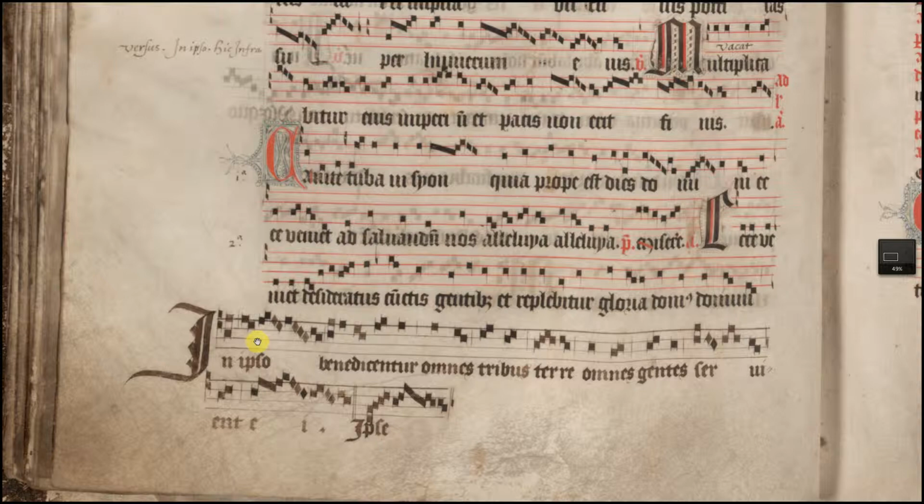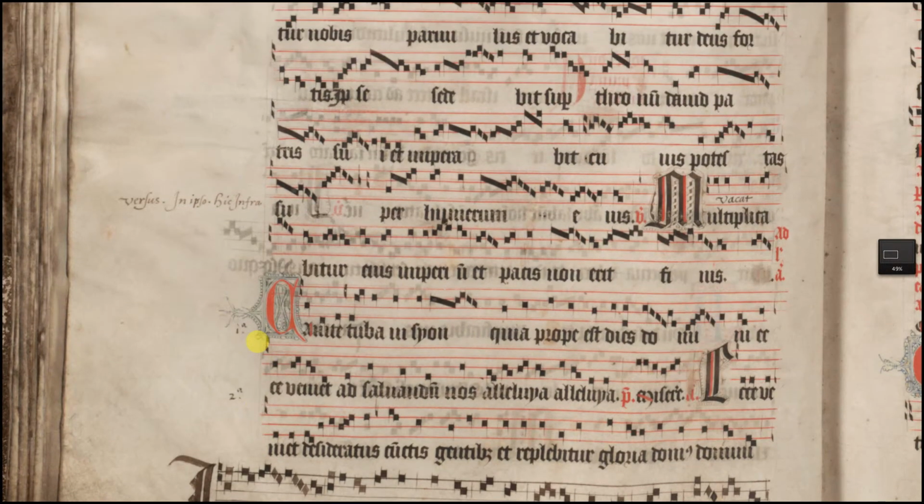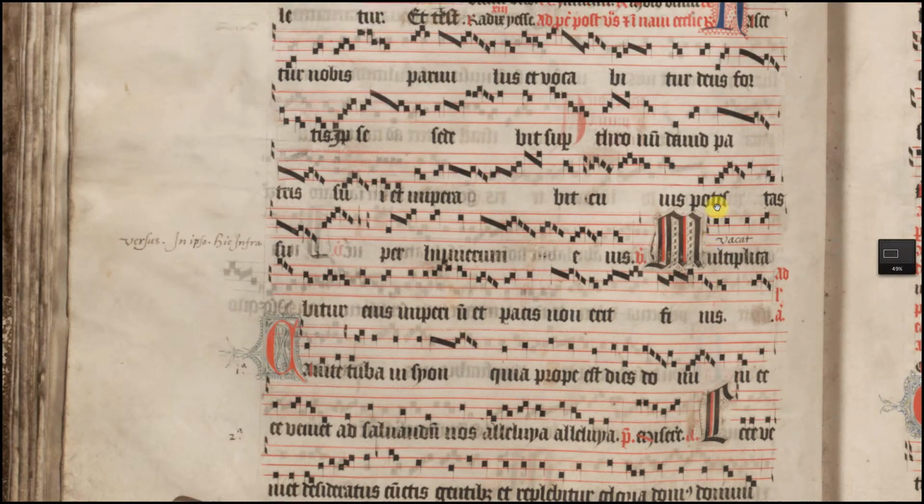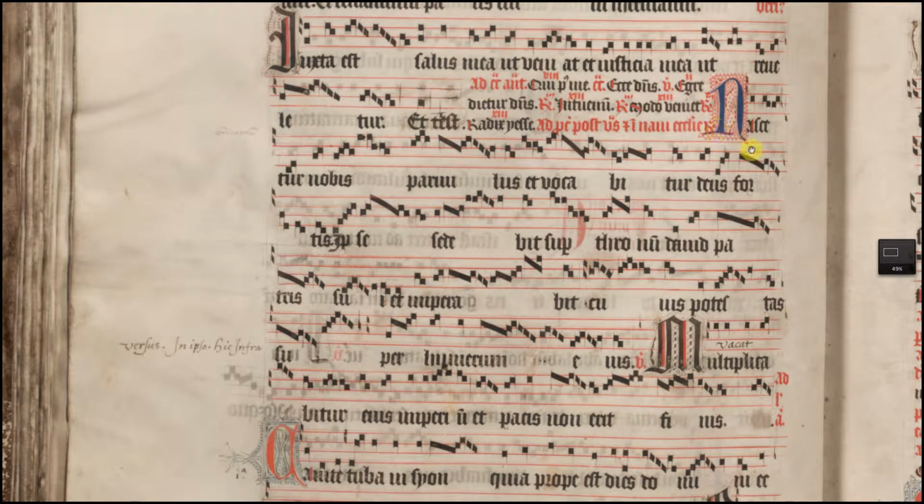And this is a verse that should come in as a replacement of this versus, the Multiplicabitur, which is the verse of a responsory Nascetur nobis, to be sung during procession after the Vespers and in the navi of the church, so in the middle of the church. So the versus was considered not to be appropriate for a secular use.